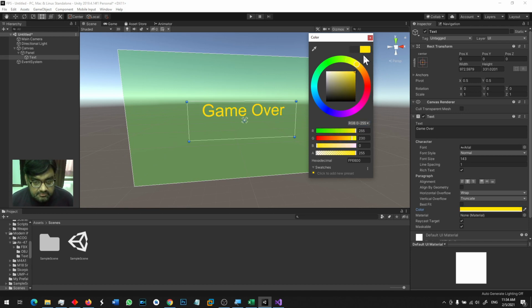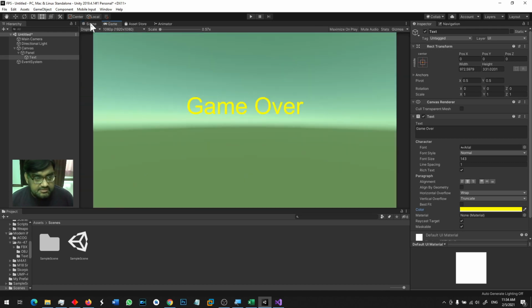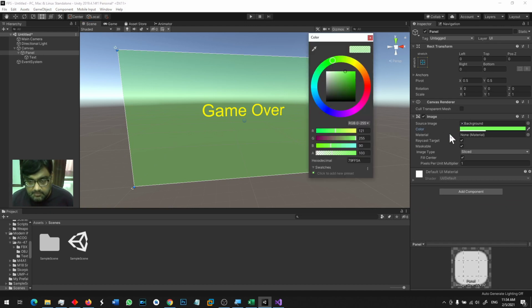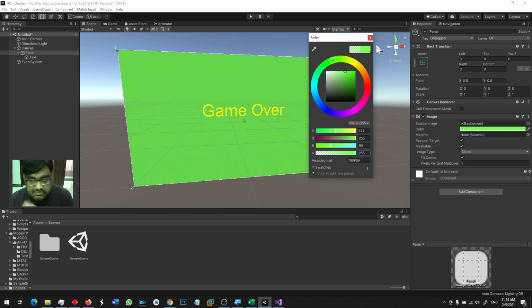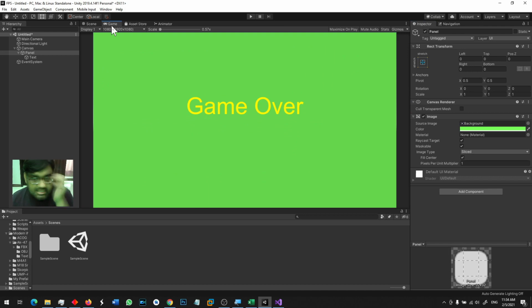Yeah, this is kind of better, or this. Nah, yellow is fine. Okay, so this is my game over scene. When you run the game, you will see this. I can probably set the alpha to full so that there is no transparency. So we changed the alpha of its color, and now when the game runs,